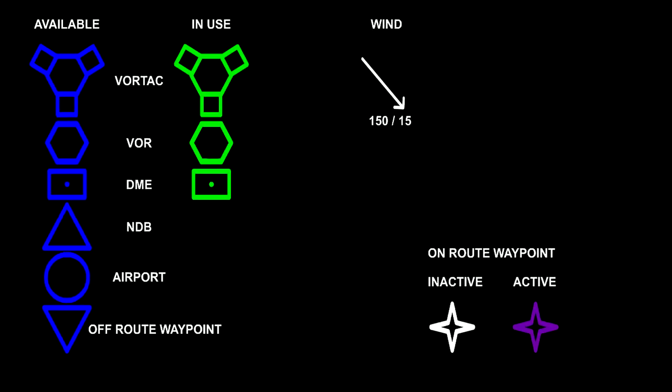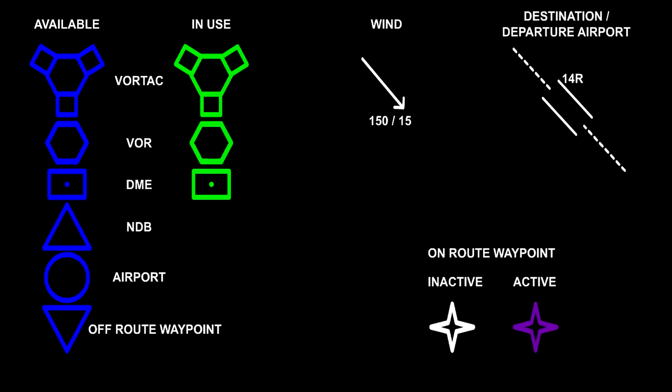This white arrow appears on the bottom left corner of the EHSI display and shows the wind direction relative to heading or track whichever is selected. This example means that the wind is from 11 o'clock. It would only mean that the wind was from 330 degrees if the aircraft were heading north. Selected runways at airports are two white parallel lines. The dotted lines indicate the extended center line.